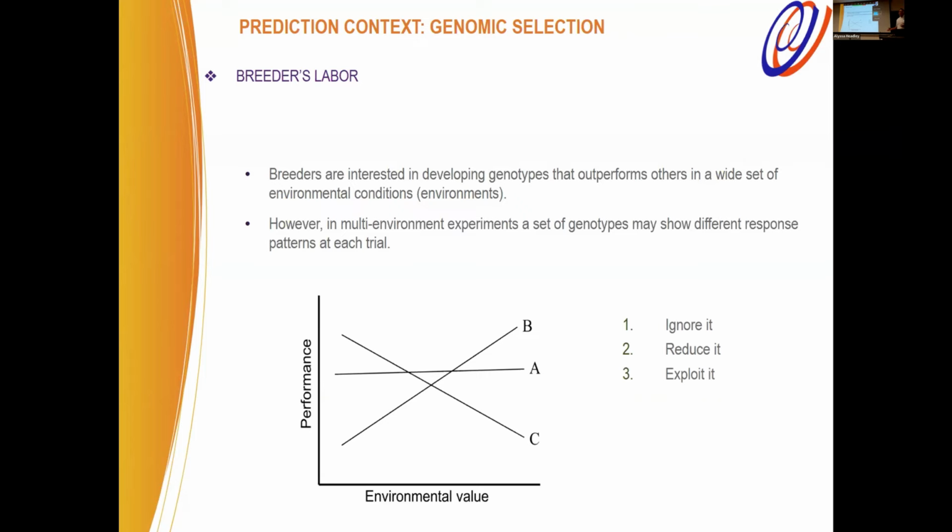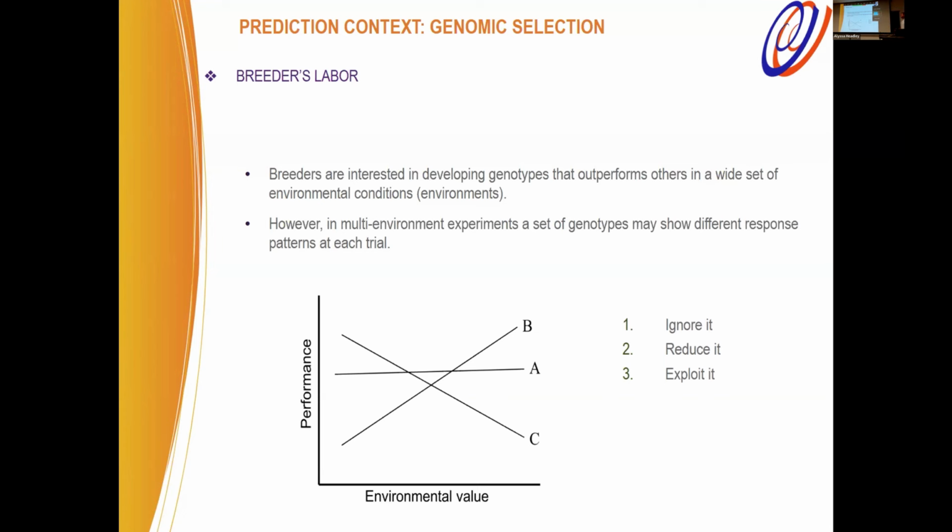And we might have 3 different ways to deal with it. We can ignore it, and we can select, right, for adapted genotypes. The main problem is that we know the environmental conditions are going to change from one year to another, even in the same location. And then we start thinking, what is an environment? A location, a year, a location by year by planting date. So you plant the same genotypes with a difference of 2 weeks, you will have a different behavior, sure. Anyway, we can reduce it, and we can just take the average means across all of the environments, but still probably we are not getting the best genotypes.